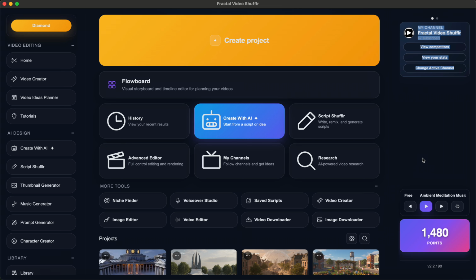This is your onboarding for Fractal Video Shufflr. If you are new to YouTube automation, this is going to be the tool that you want to get used to first, as it will allow you to do everything else you're going to need in YouTube automation. If you've already been doing YouTube automation, you're going to want to get used to using this tool because it's